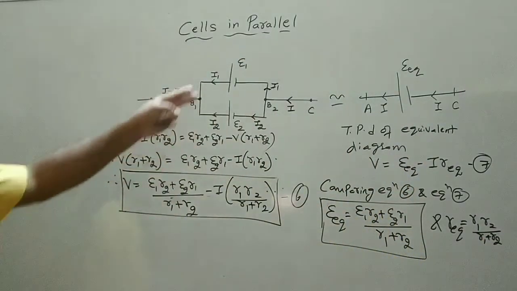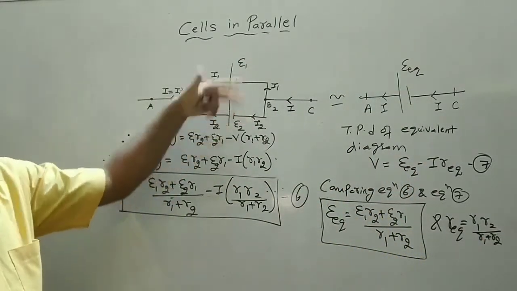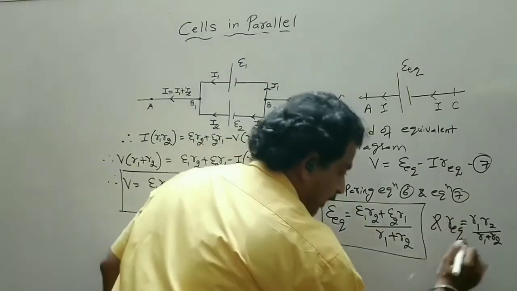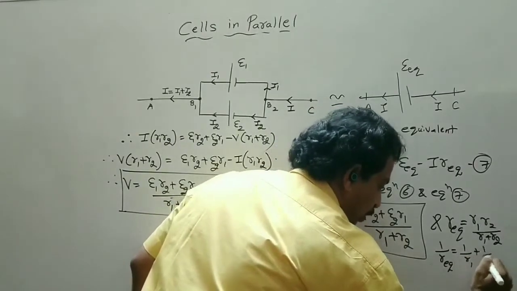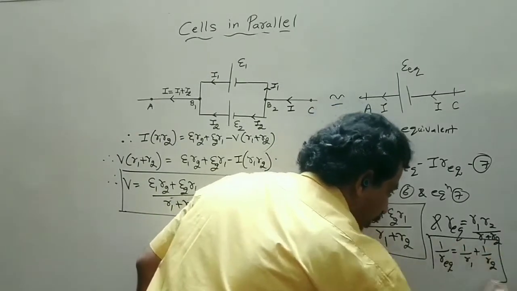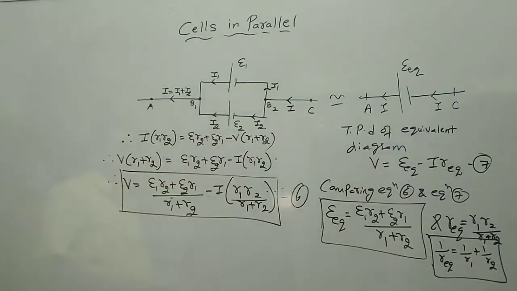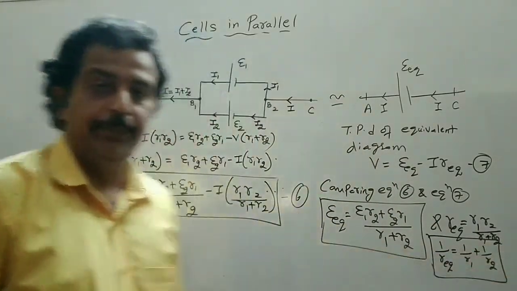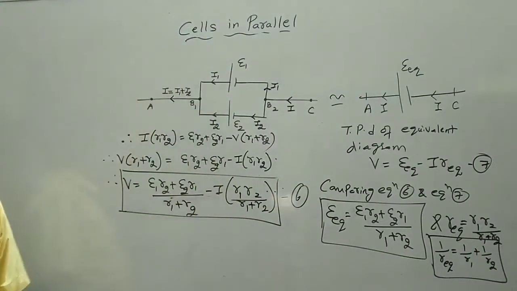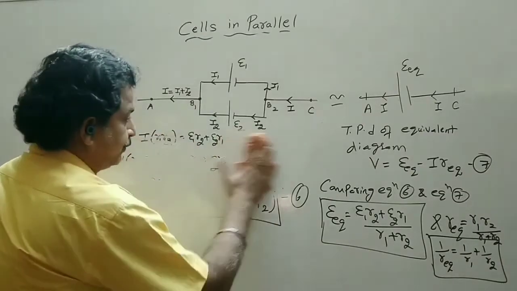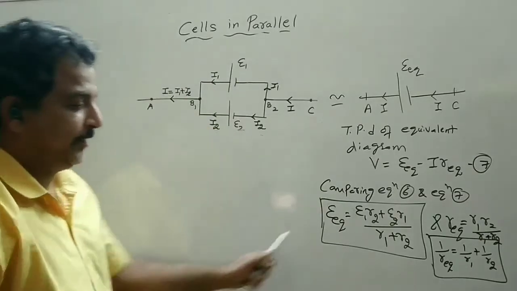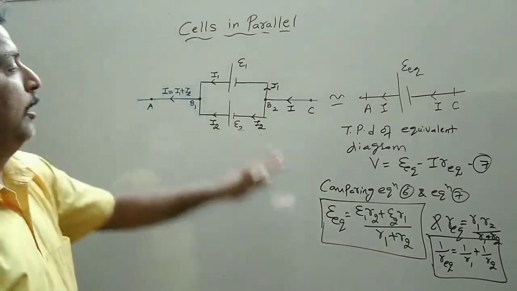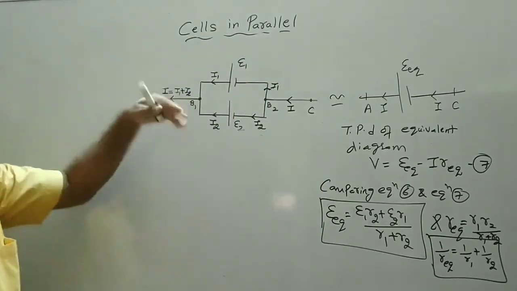Now say these are the two cells having two resistances connected in parallel combination. So clearly this is our same equation, 1 upon R equivalent is equal to 1 upon R1 plus 1 upon R2. So the equivalent resistance equation remains the same because the two resistors are connected in parallel combination. So this is the equivalent EMF and equivalent internal resistance for the two cells connected in a parallel combination.